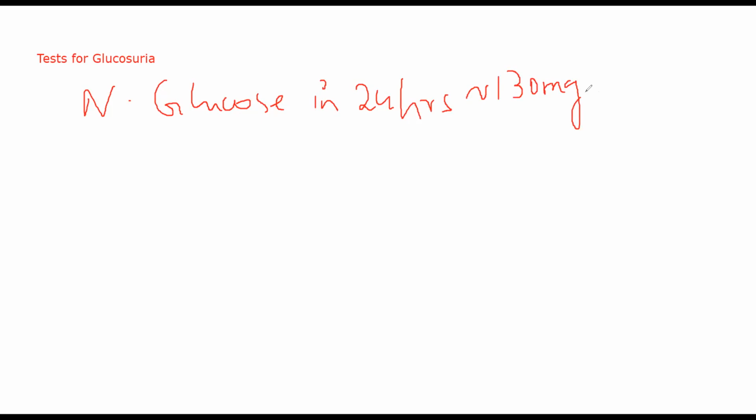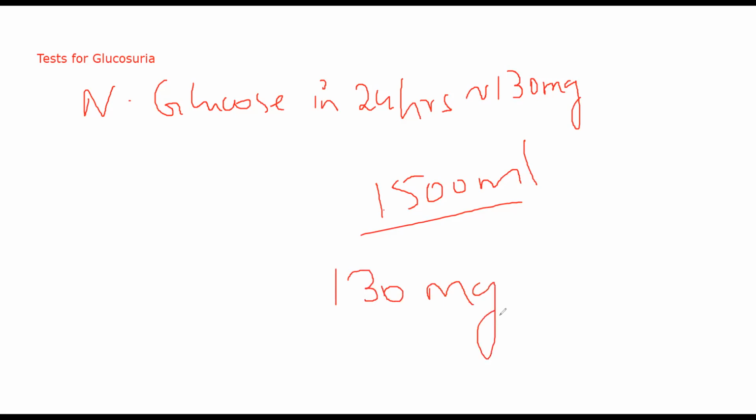ठीक है, generally आपके जो भी qualitative tests रहते हैं, they are not sensitive enough to test this much amount, because let's suppose the patient is excreting around 1500 ml of urine in a day. Like I told you, the normal volume is 700 to 2500. So let's suppose the patient is voiding 1500 ml. अब अगर एक नॉर्मल पेशेंट है which is excreting only 130 mg of glucose in one day, it means that you are diluting 130 mg in 1500 ml, meaning it will be very very hard to test for that. बहुत छोटा अमाउंट है वो, and you will not generally detect it in the test.